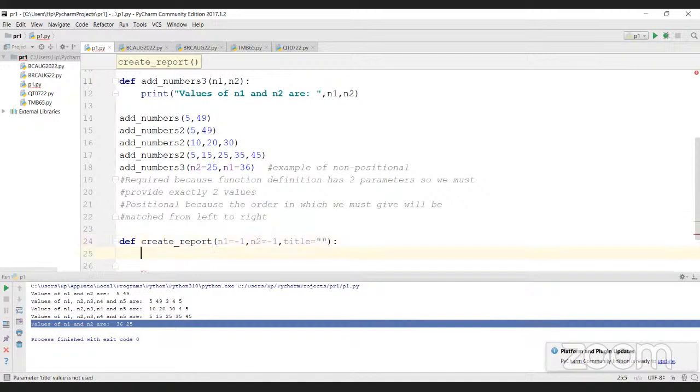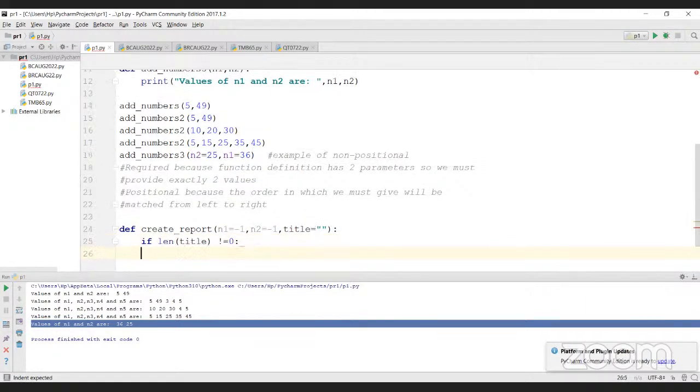Okay, so I'm going to check if len of title is not equal to 0. Let's do if it is not equal to 0, I'm going to say print